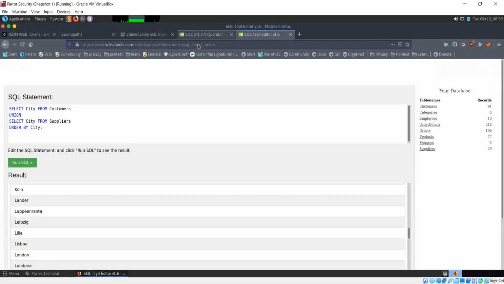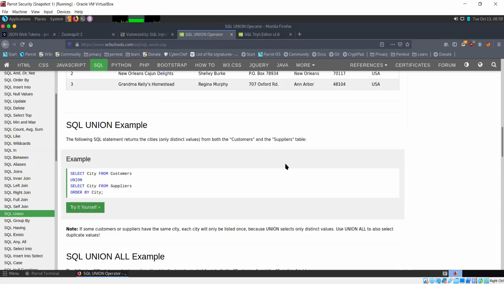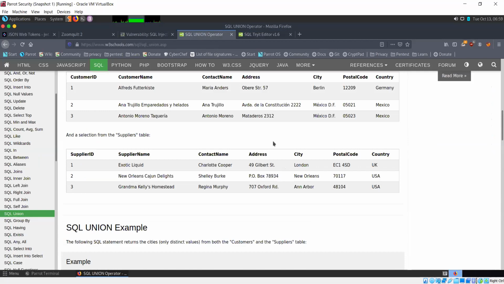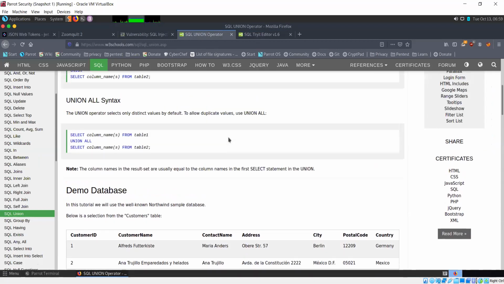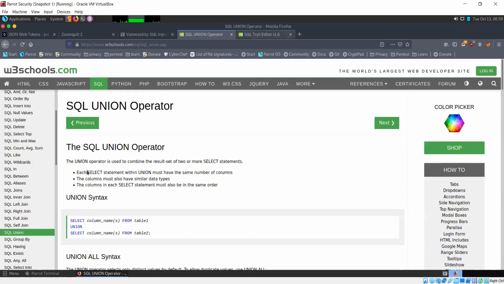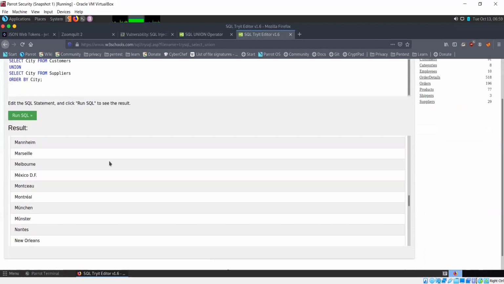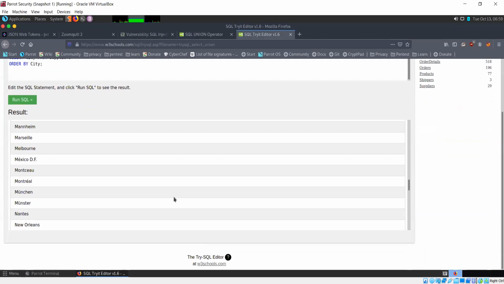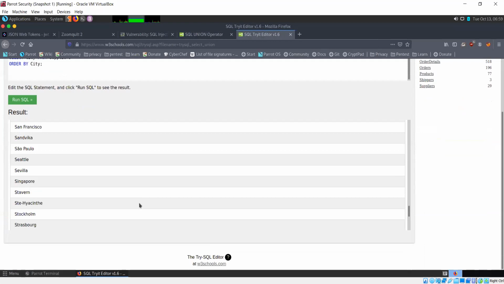How many columns does this have? Okay, they've just shown a few here, but the actual columns are much larger. So it will combine both the columns and combine both the tables and select all the unique values from within those columns and create them as a result.